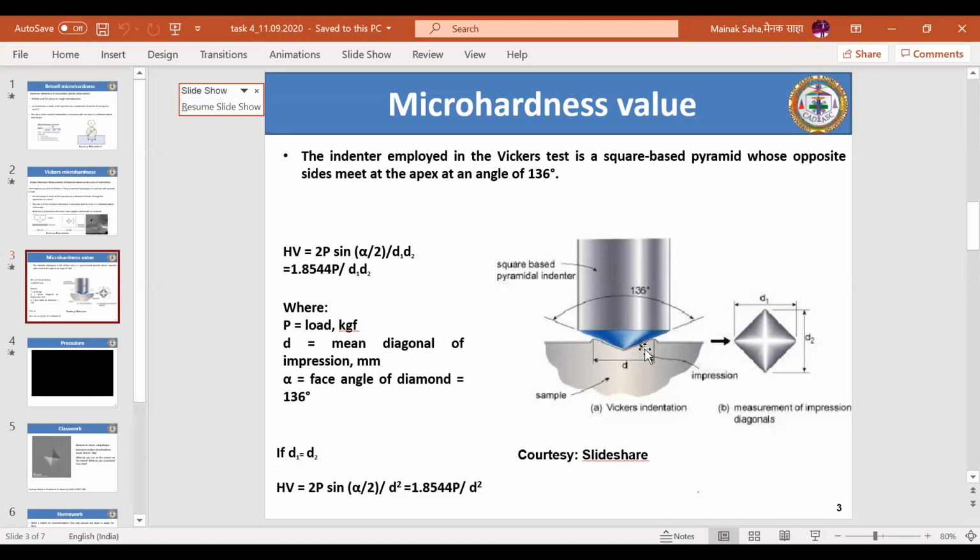Now, the second question is, why did we have another geometry or a different type of geometry in this Vickers microhardness? Now again, this is done using a lot of hit and trial method, and people found out, which I have not explained in this slide, so it is there in the ASTM standards also, that when you have a pyramid with this kind of geometry, where the included angle between the opposite sides of the pyramid is equal to 136 degrees, then even if you change the load, the variation or the fluctuation in the load will be the least.